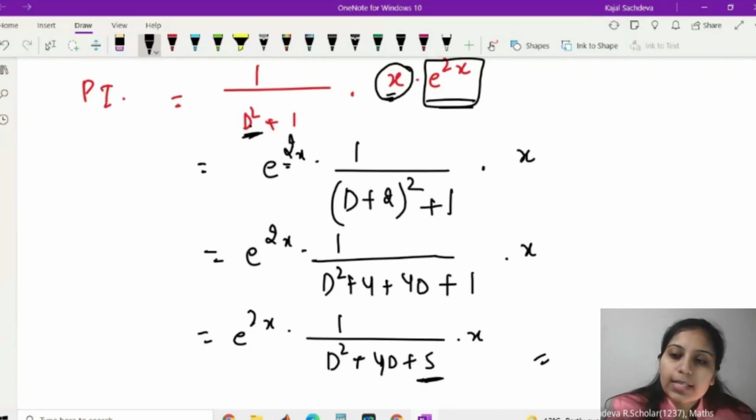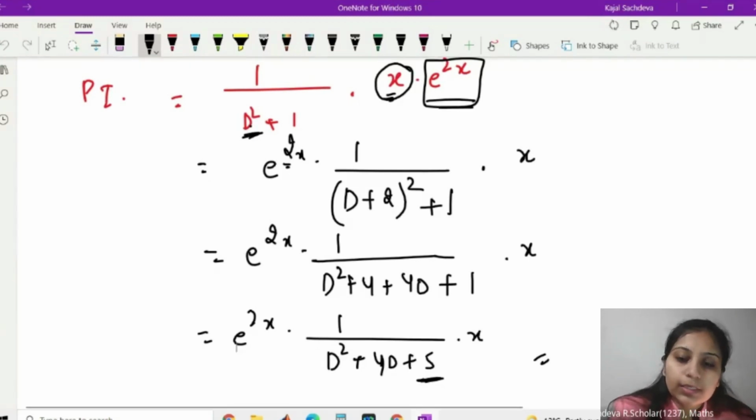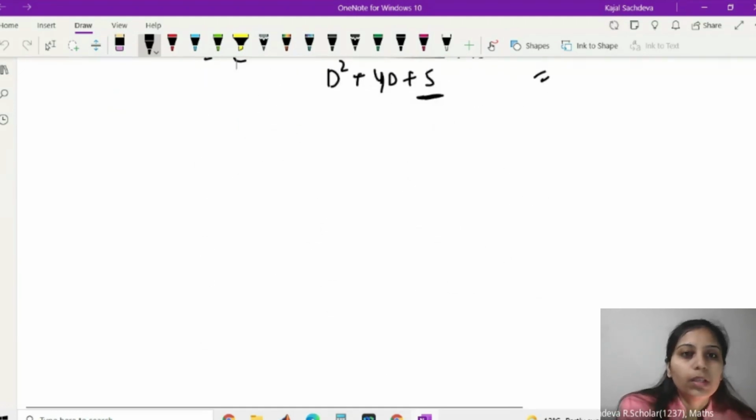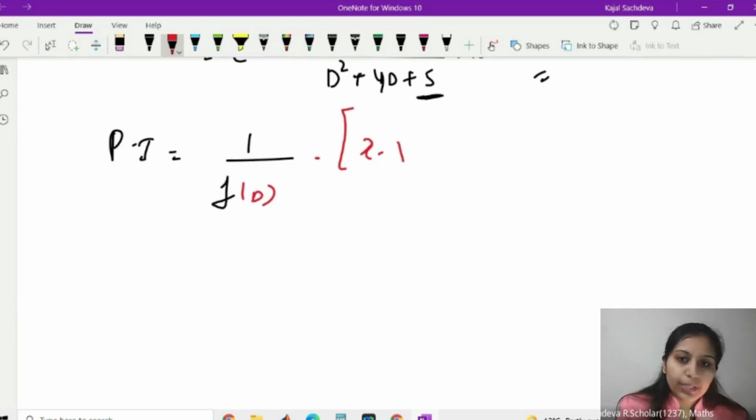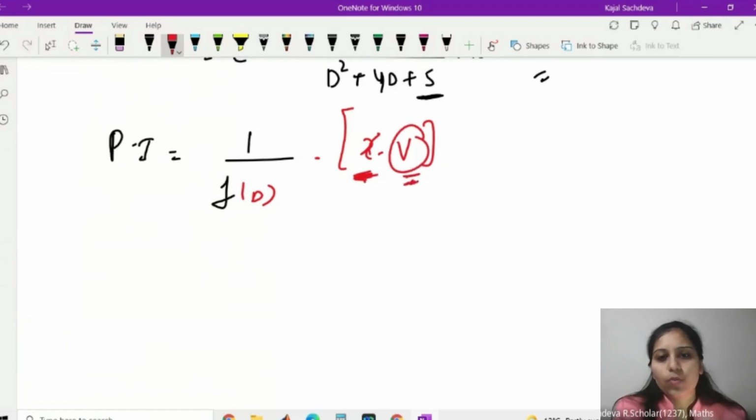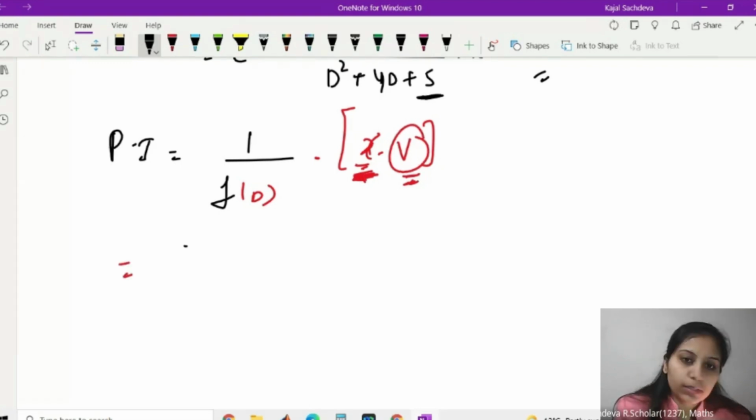Now the last case is one more special case we can discuss. If we have an equation of the type where we are to find the particular integral of Q given as x into V, one function is fixed, that is x, and the second is some function of x. It can be any function V of x, but multiplied by x only. So in this case, we take x firstly, then 1/f(D) applied on V only,